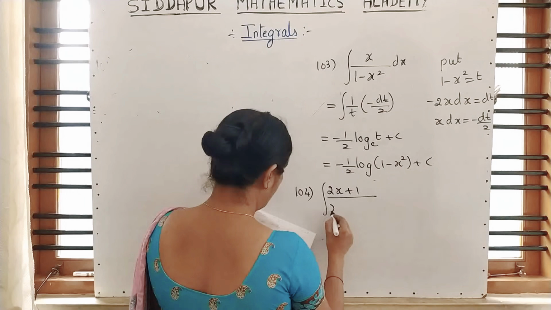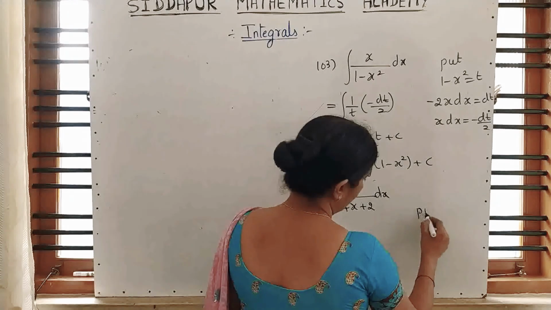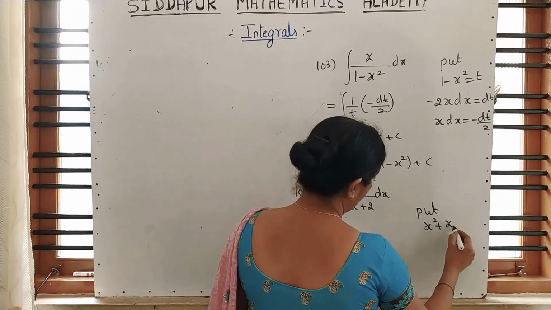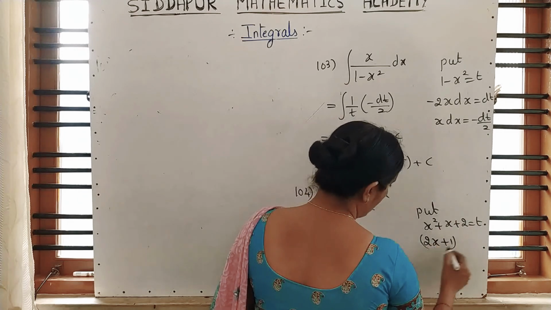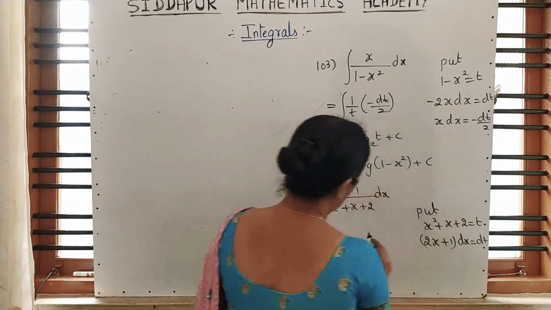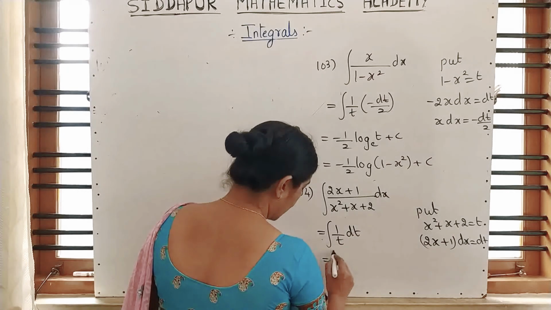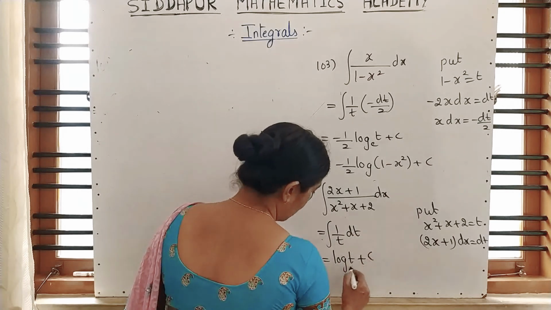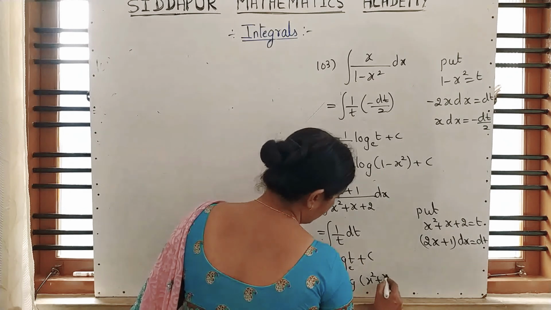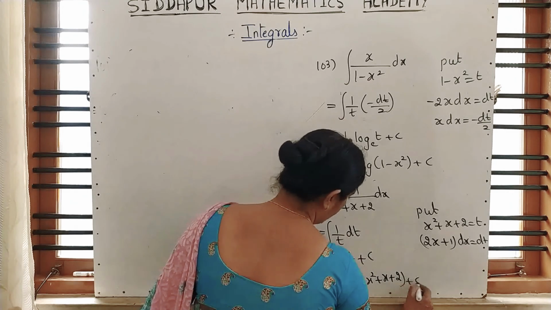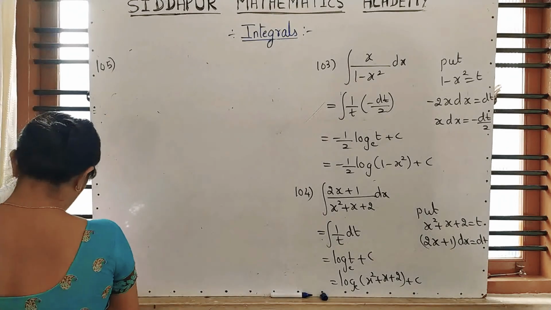Now you are familiar. Before me only you can write it. Correct or not? Differentiation of x square is 2x, differentiation of x is 1, dx is equal to dt. So that is present in the numerator. Integration of 1 by t is log t to the base e. If you have not written e also, it is understood. Write down that e value. Next, 105.